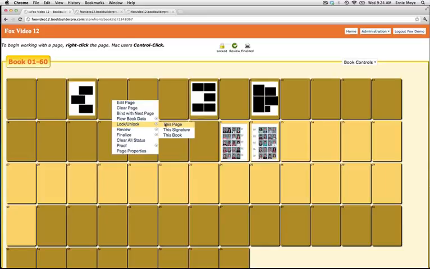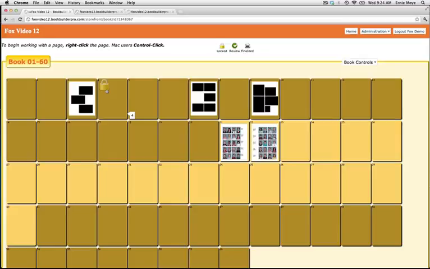Let's lock this page. Notice it puts the little lock up there. I kind of use this to let me know where I am with the book. If this page is finished, I lock the page so that when I glance at my ladder, I can tell that that page, I've checked it, I've proofed it, and it's okay, good to go. All right, also, let's clear the status,